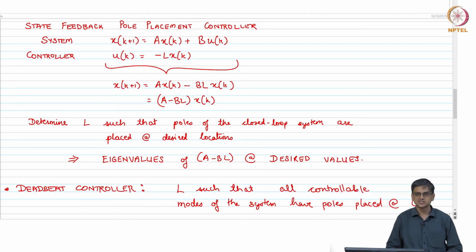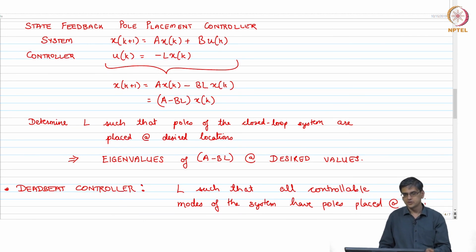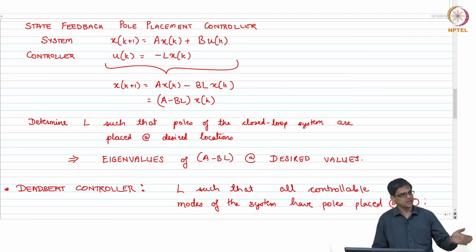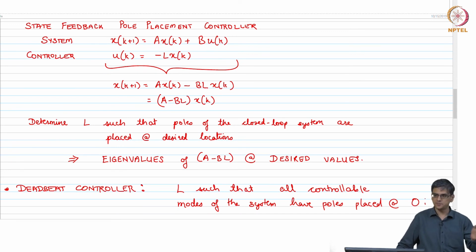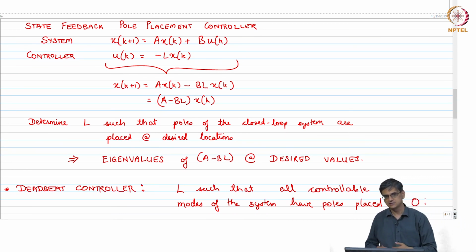which is also to say that the column vectors of B, they will span the subspace that is the null space of A minus lambda I. If that happens, you will retrieve back the full order. Okay, that is how the Hautus condition works. If you did not understand that, that is perfectly fine.